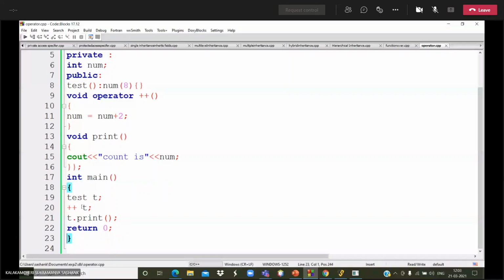Then I am overloading that unary operator. Then it will go to this function and perform num equals num plus 2. After performing this operation, I called the print method on the object. Then it will print the value. It is known as operator overloading.